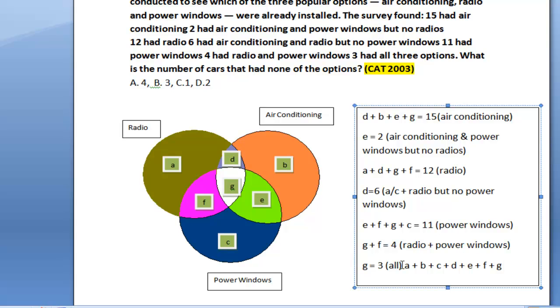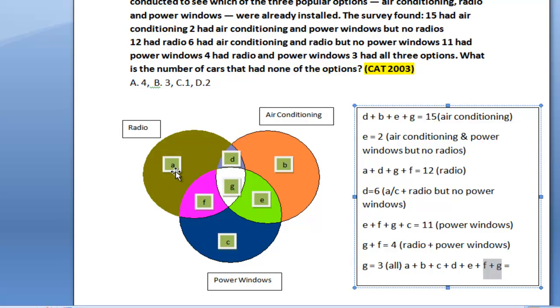Now how do I find the value of all this? We know the value of G to be 3, okay, and then we know F plus G is 4, right? We know F plus G plus E plus C is equal to 11. So I need to find out A, B and D. I can find out the value of A very easily, and I also can find out the value of D,